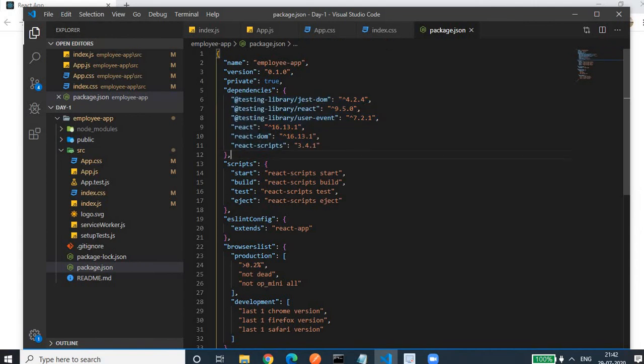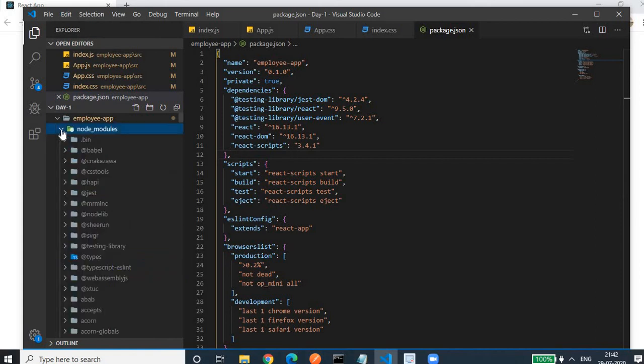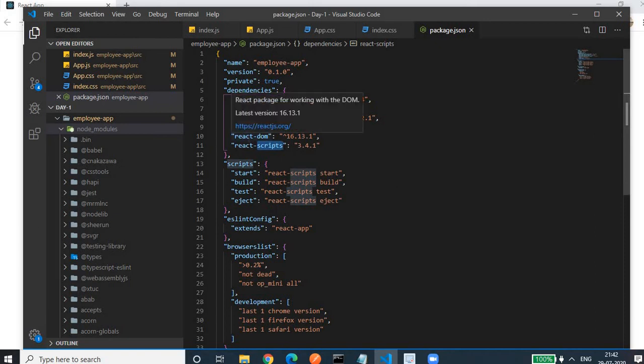Currently we have 1, 2, 3, 4, 5, 6 dependencies. But in node_modules we will find many more. Why? Because these packages, like the react-scripts package, also have some sub-dependencies. That's why it counts more than what is mentioned here. But these are the main dependencies which have some sub-dependencies.